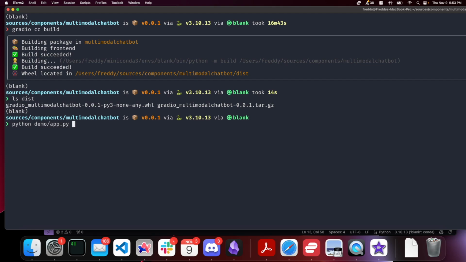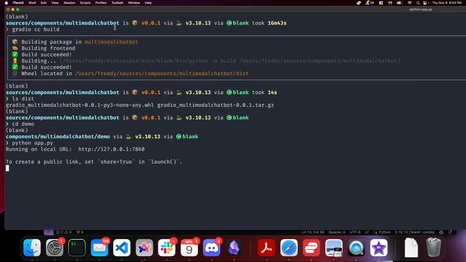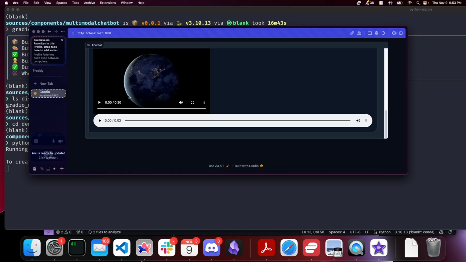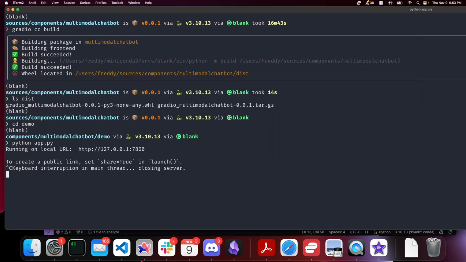So Python demo app.py, or actually, let me just cd into demo so that it works. Python app.py. So once you build it, you can run it outside of dev mode. So let's go check that out. So hooray. Awesome. Okay, so basically, once you build it, you can run it wherever you want, and then you could also